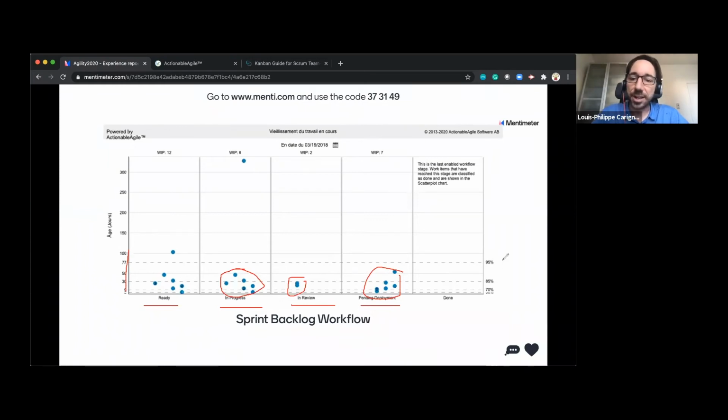And on the far right here, guess what? I've got my famous percentile line that we saw earlier with my SLE of 85%. So a new conversation I could have at my daily scrum is a conversation around items which are above my 85% line, because these are outliers, or they're going above my service level expectation, which was in this case, I believe it's incorrect, but I think it's at 40 or 30 days.